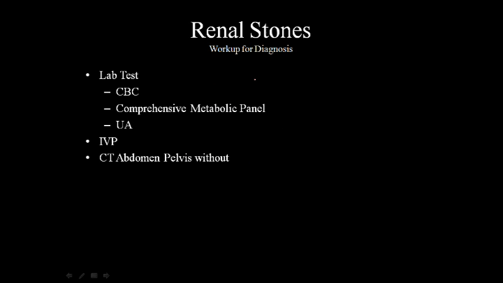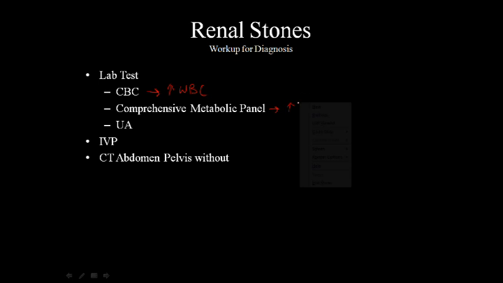The workup for renal stones. First, you're going to order lab tests. You're going to order a CBC first, which is going to display an increased white blood cell count. This can be an indication of some type of inflammatory response, or inflammation, or an infection. Then you look for a comprehensive metabolic panel, which is going to display an increase or a decrease